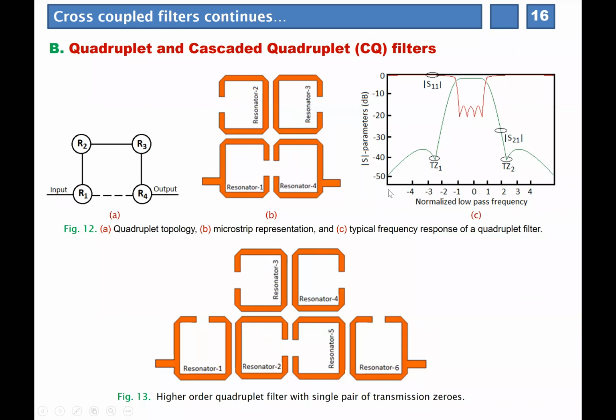Instead of these cross couplings, if you take a filter that has only one direct path, so there is no transmission zero, the same 4 pole filter will not give you this much sharp rejection. You can see in figure 12C. So this sharpness of rejection is due to these two transmission zeros. Probably this type of sharp rejection you will get for a normal 8 or 10 pole filter, but that rejection can be achieved with a quadruplet filter with two transmission zeros. Okay, sir. I understand. Okay. Thank you.